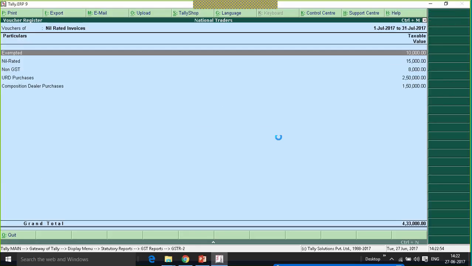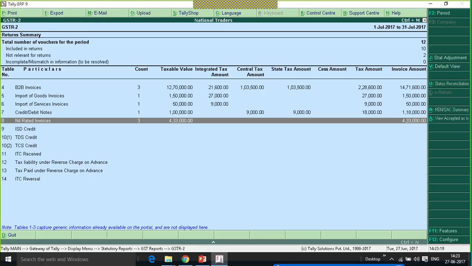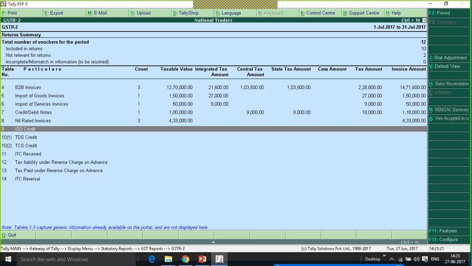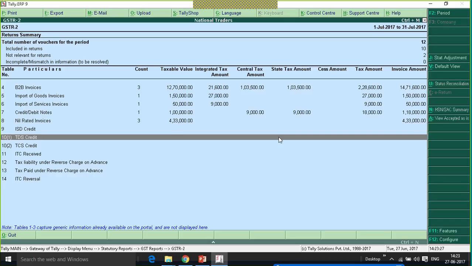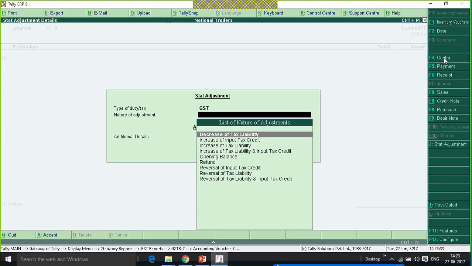Under nil rated invoices and against composition dealer purchases. Now let me record a transaction adjustment entry to capture the value against ISD credit, TDS credit, stat adjustment.